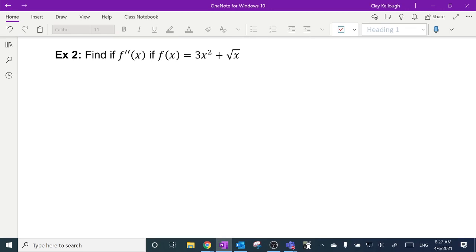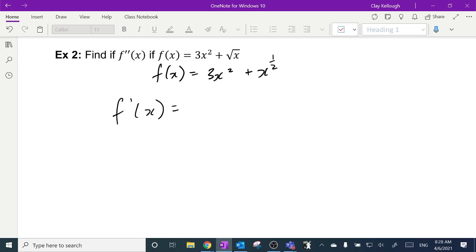All right, what do we do with this one? We want to find two derivatives. We want to find the derivative of the derivative. So, actually the first thing we'll do is change this into a form that allows us to find the derivative a little easier. We'll change the radical to a rational exponent. Now we'll find f prime of x,